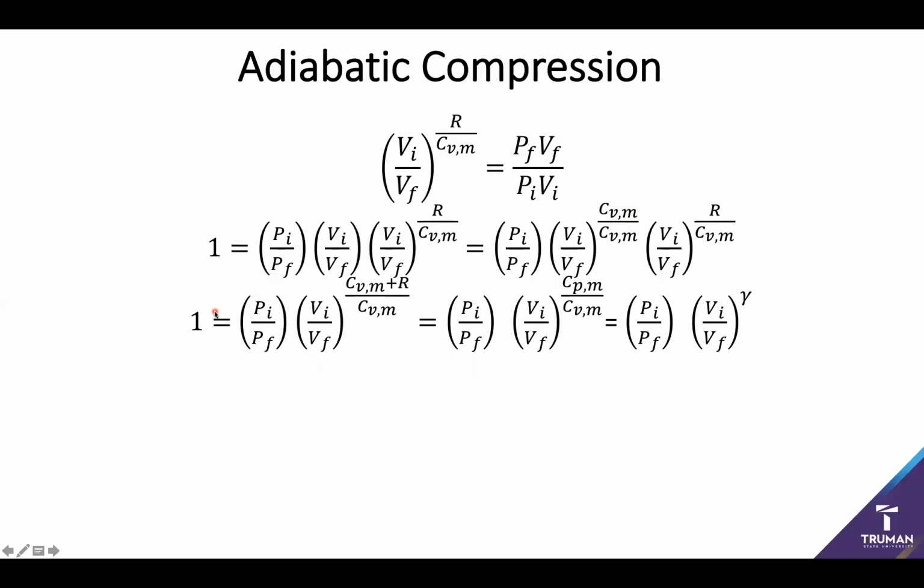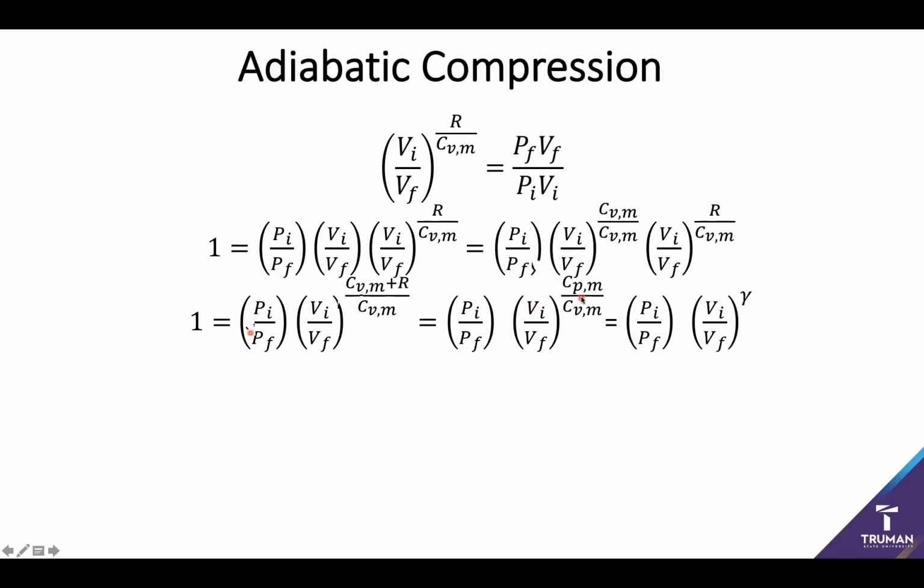So now we have our pressure times our ratio of volumes times now this interesting term of our isochoric heat capacity plus R over the isochoric heat capacity. But it turns out we actually know an expression for the isochoric heat capacity plus R. It turns out this one's actually quite general. For any ideal gas, this is our isobaric heat capacity. Woohoo! So we change the form of our units from isochoric to isobaric